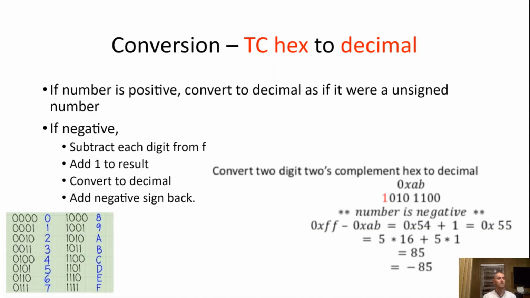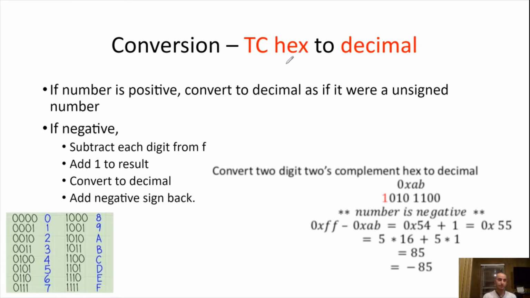Okay, so let's talk about converting two's complement hex to decimal. I actually added this table. So the first thing I want to tell you is how to know if a hex number is positive